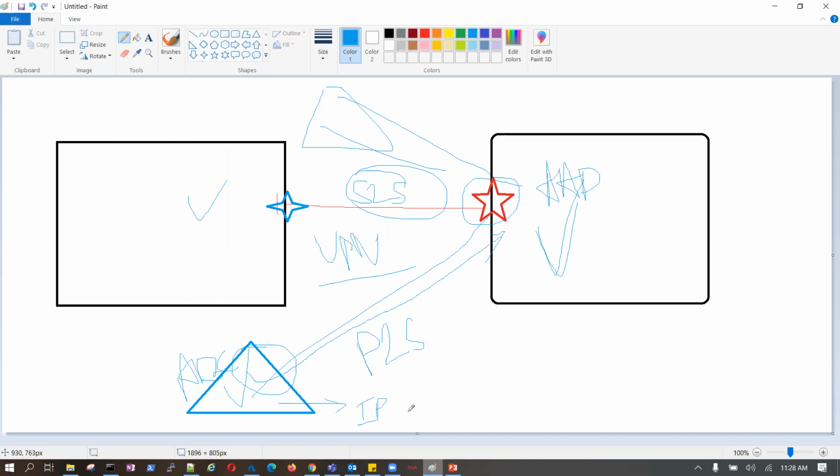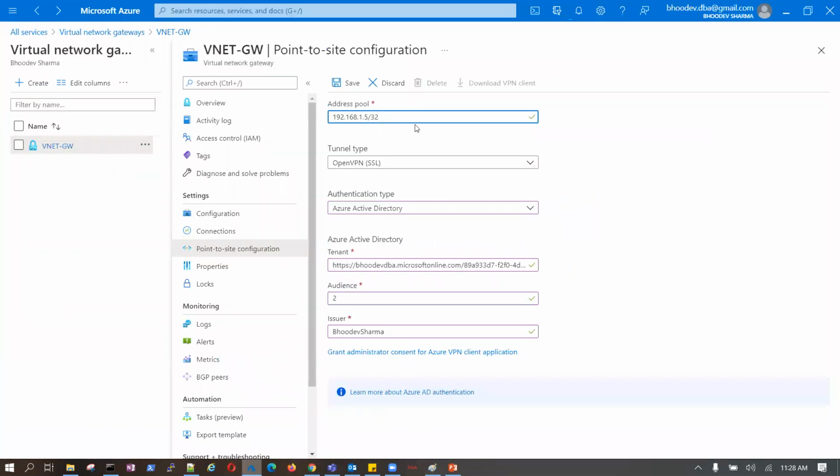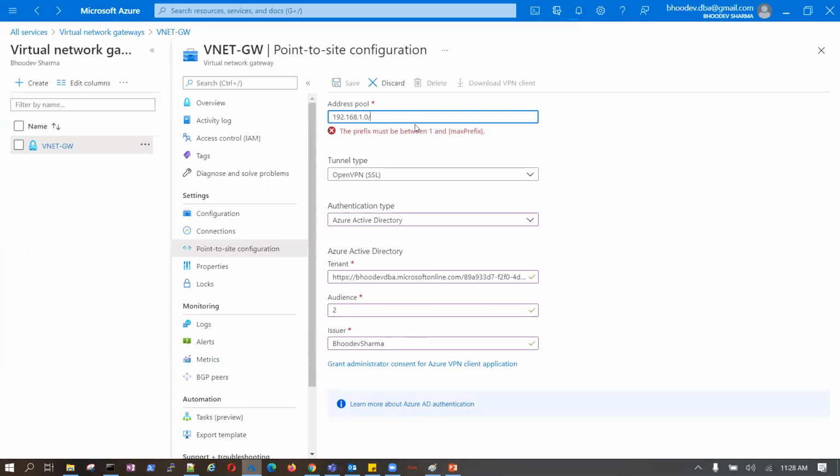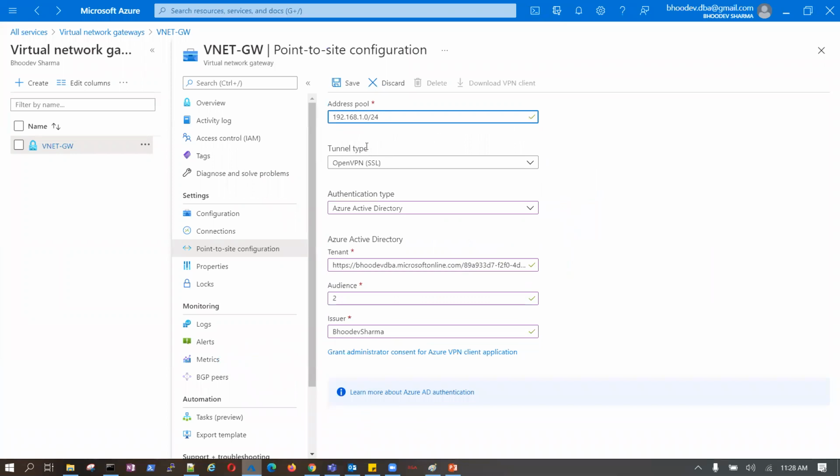Yes, this is a laptop IP, right? So that means we should know who wants to access that server, yes, that's point to site. So that's why Azure Active Directory will authenticate. Now, if this is the IP pool I get when I connect to my Unisys network, got my point? They have a pool of IP addresses, right?